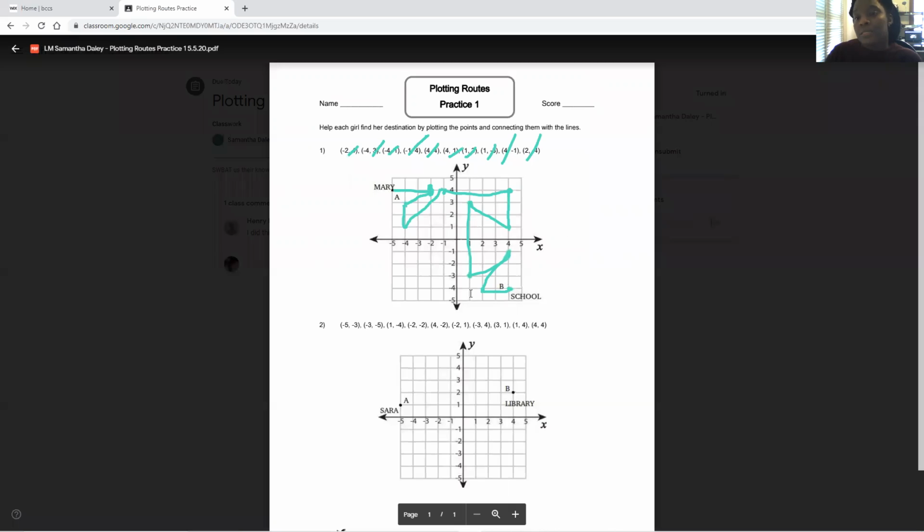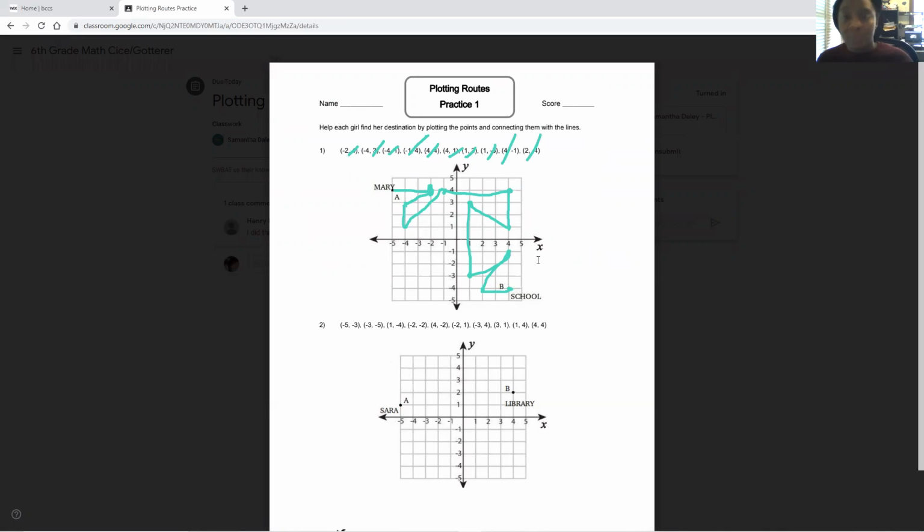And then as you can see, all the work that I did in Lumin PDF is here. So Miss Daly will be able to see the work that I'm doing, okay? This is much easier than doing it on paper and then taking a picture. Just use your Lumin PDF,